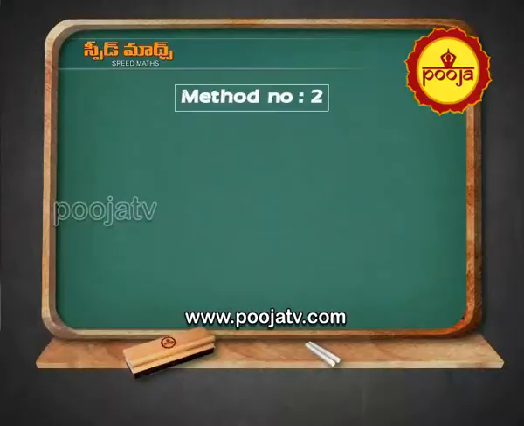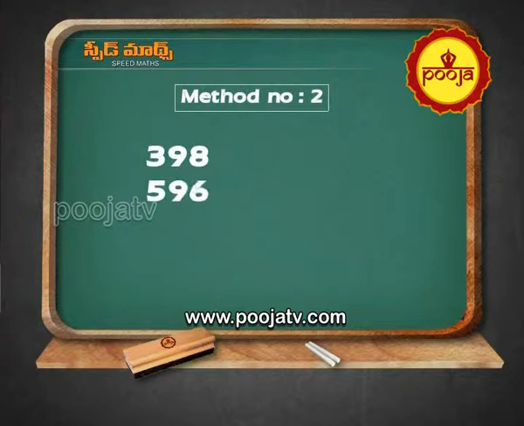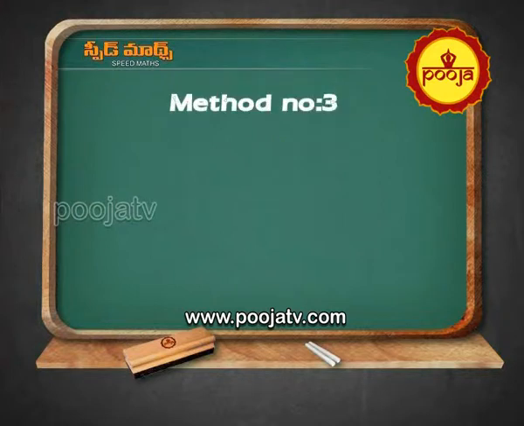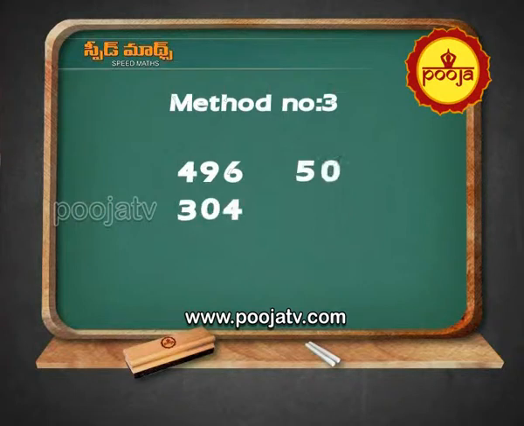Another method is method number 2. 398 into 596. 398 is written as 400 minus 2, 596 written as 600 minus 4. Give a slash. So 496 you convert as 500 minus 4, and 304 you don't touch because it is a small number, and give a slash. This is the first method, this is the second method, this is the third method, and finally